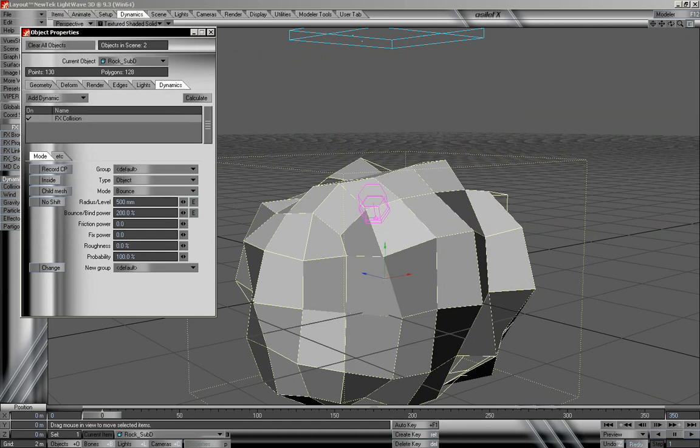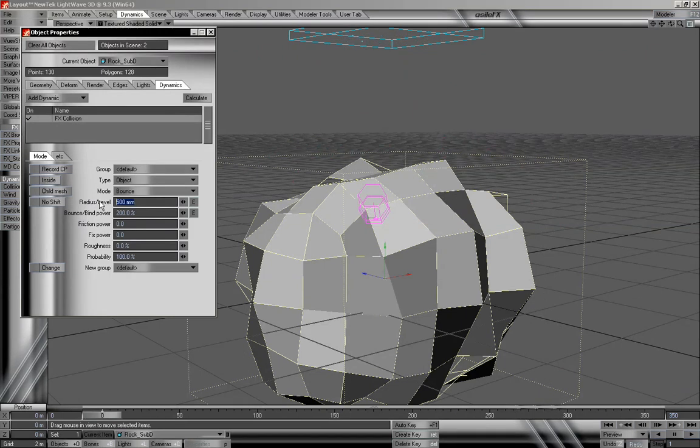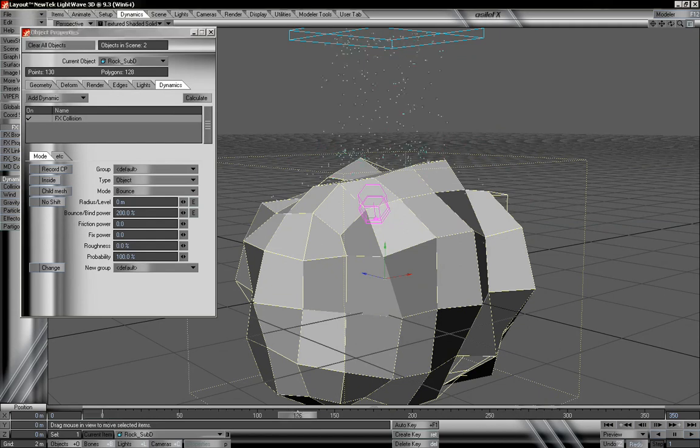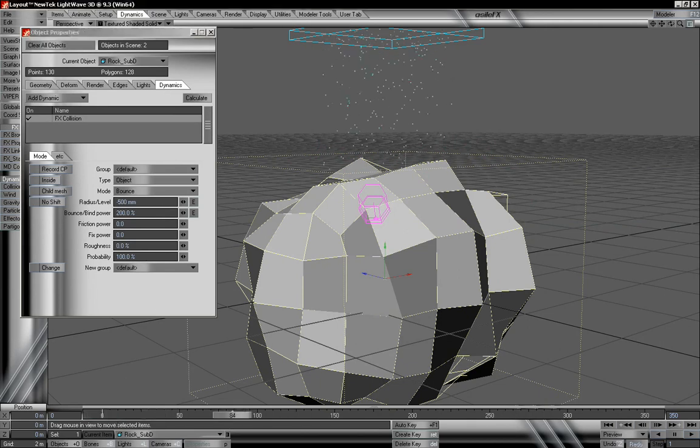We change this to 0.5, so now 500 millimeters from our object it will start to collide. Change that down to 0, and then we'll be able to have the exact surface. We could also go into a negative amount. We'll do negative 0.5, and that will scale down our object so that it's colliding a little bit on the inside, which you may